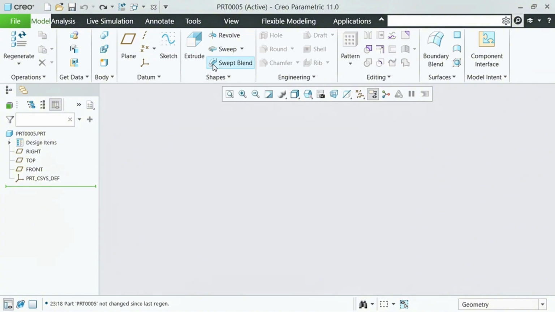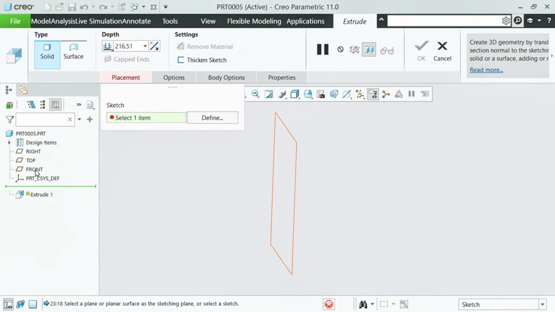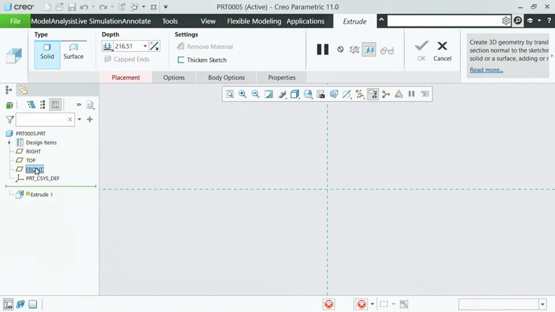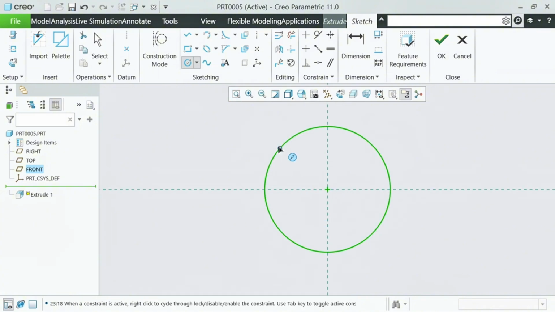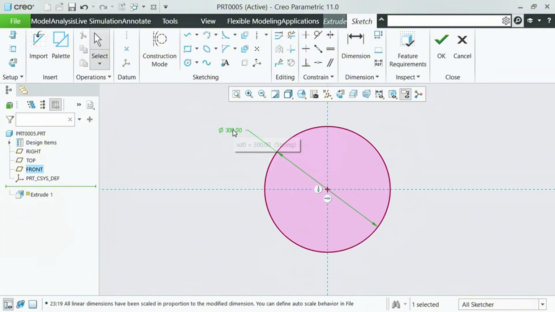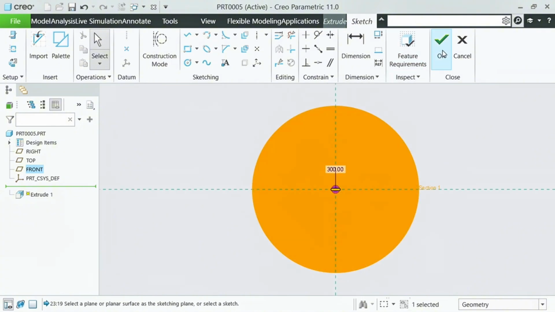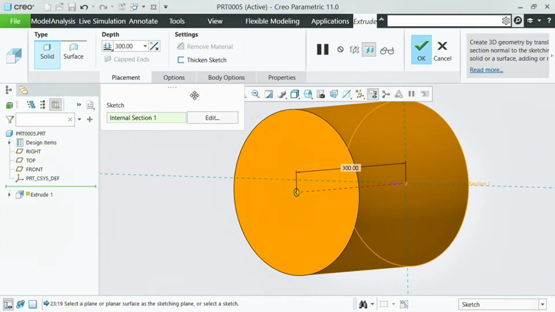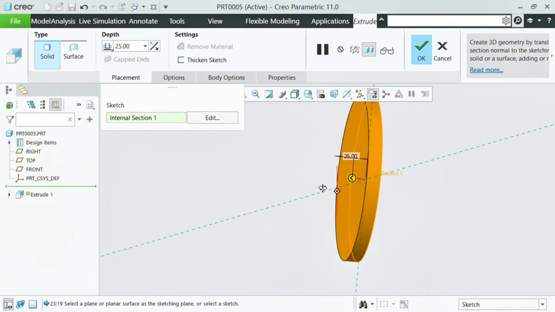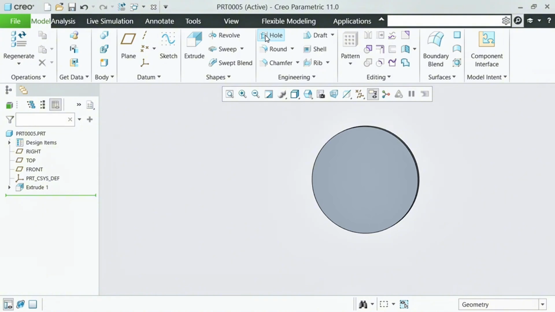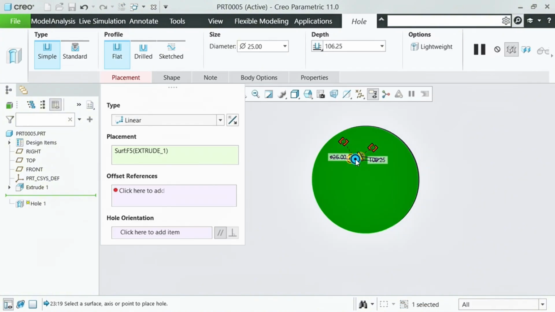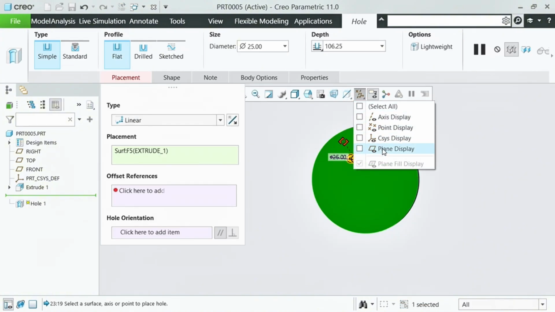Now let's delete this model and start a sketch again to demonstrate the pattern command on a hole. Go to the Model tab or Flexible Modeling tab and select the Hole tool. After this, model. Now, while we have created a coin-shaped model, now select the hole